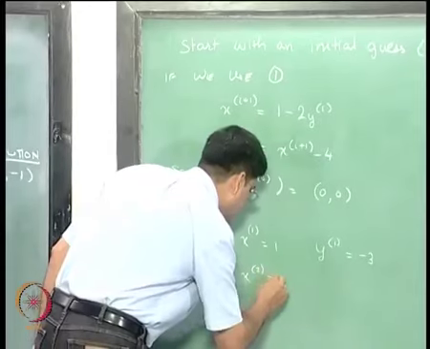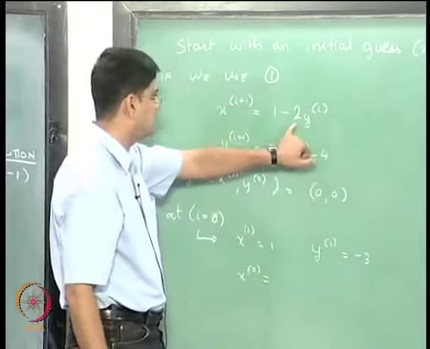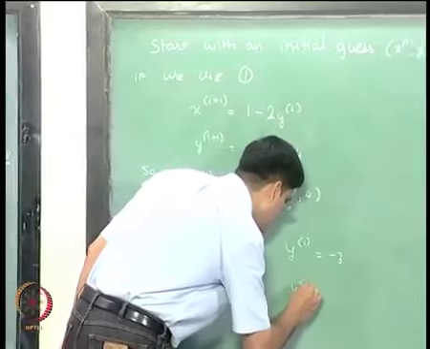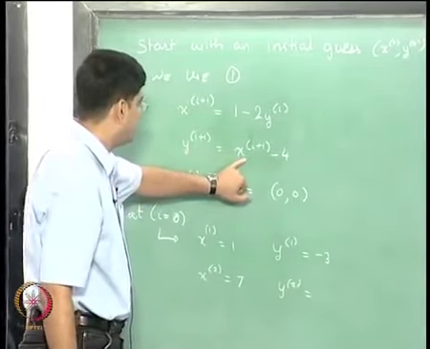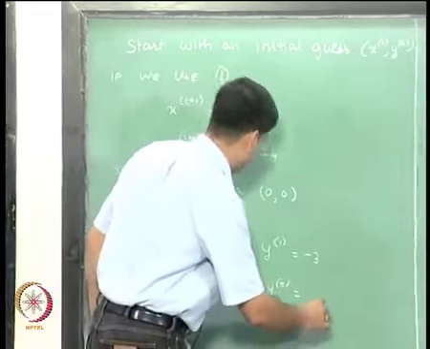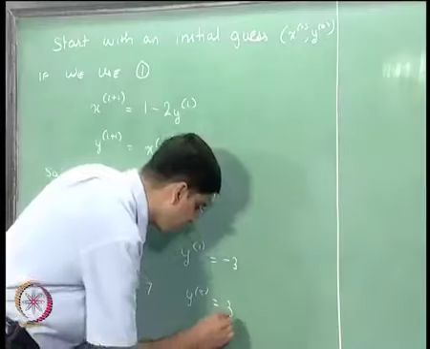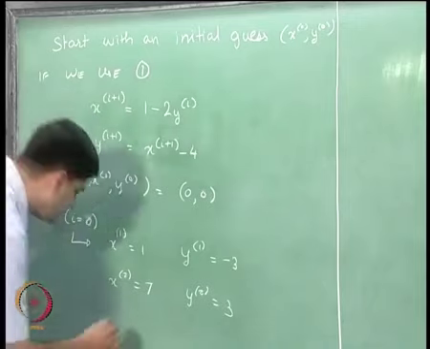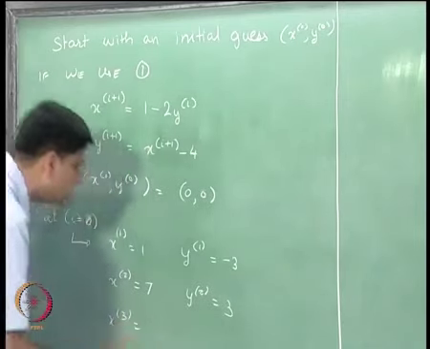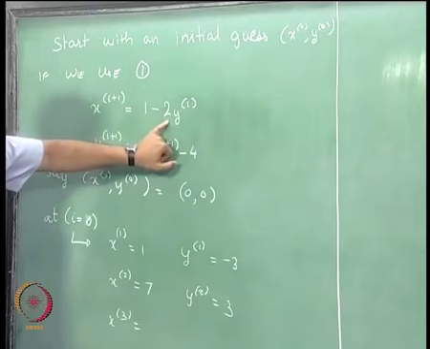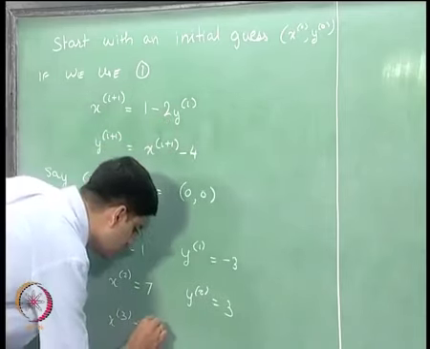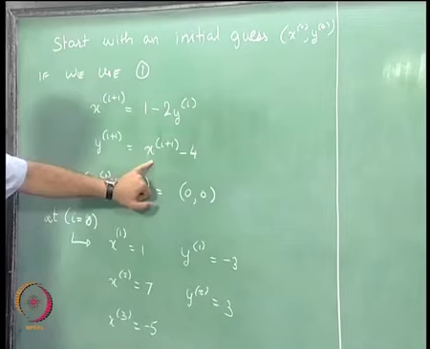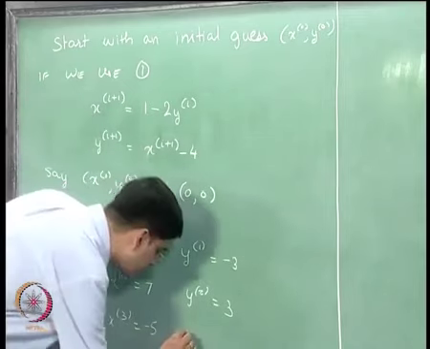So we will substitute the value y equal to minus 3 in this equation, so this becomes 1 plus 6, so x2 becomes 7, y2 when we substitute that value in this particular equation, y2 will get the value of 3. Okay. Now what we do is we iterate on this again, x3 is essentially going to be 1 minus 6, that will end up being minus 5, and essentially y3 will end up being minus 5 minus 4, that is going to be equal to minus 9.